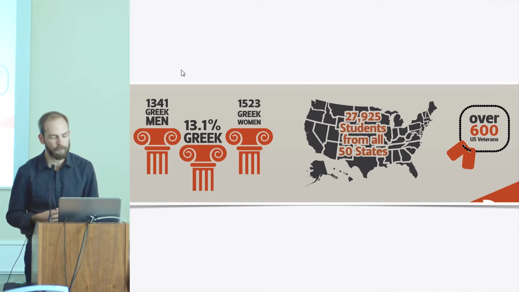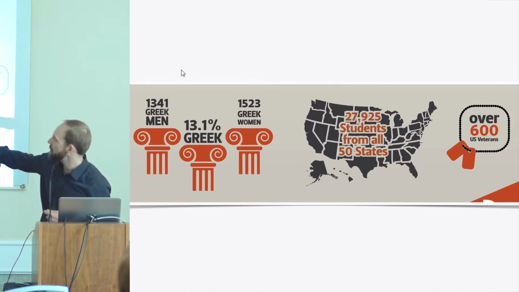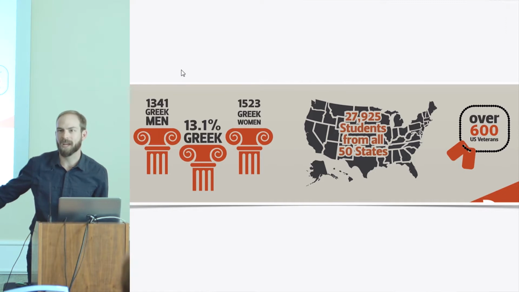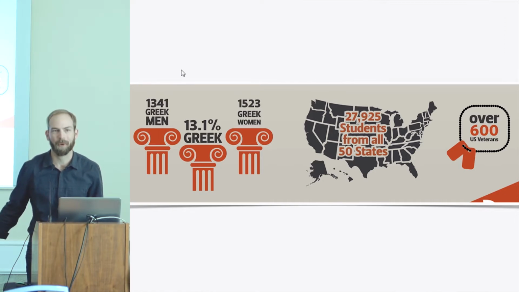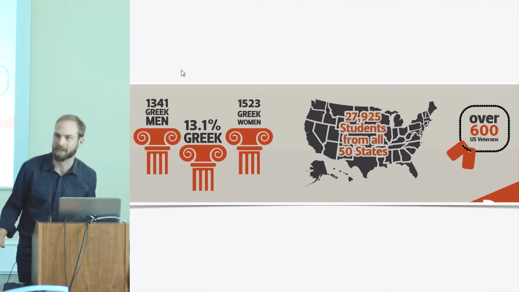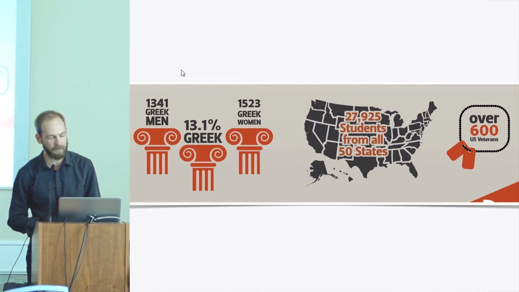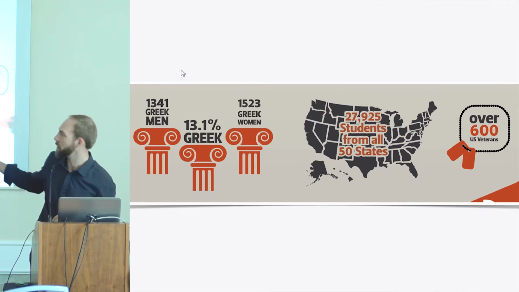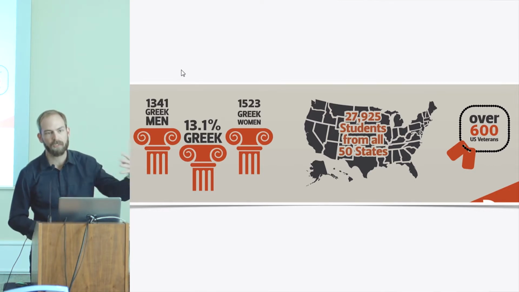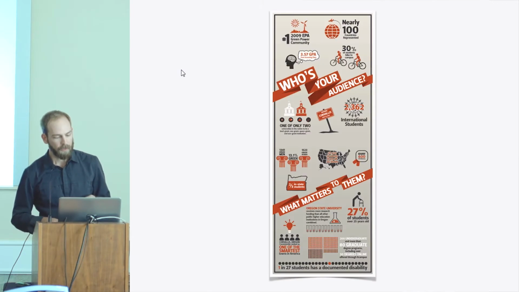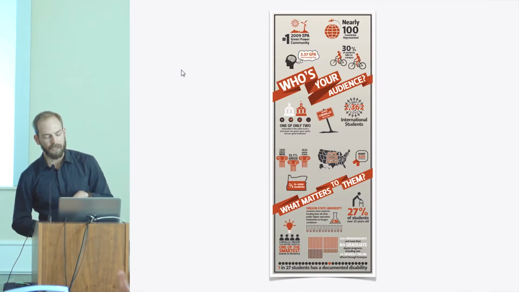And these spark pretty good conversations, because take, for instance, that the Greek population is 13.1%. If you were to ask students what percentage do you think the Greek population is, you get these crazy percentages like, oh, it's like 75%, of course, right? And we all know that 42.7% of statistics are made up on the spot. So what we want to do is counter that notion, actually bring in stats and use this as a catalyst for helping them think about it.